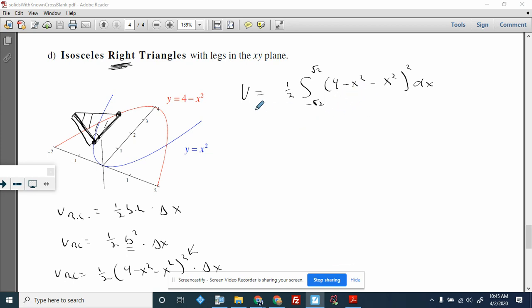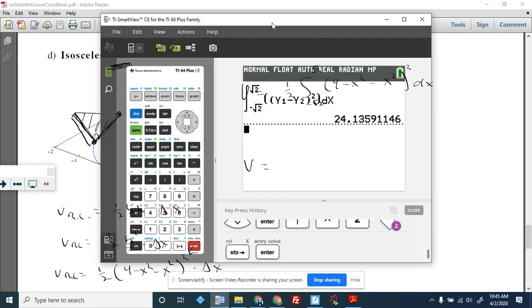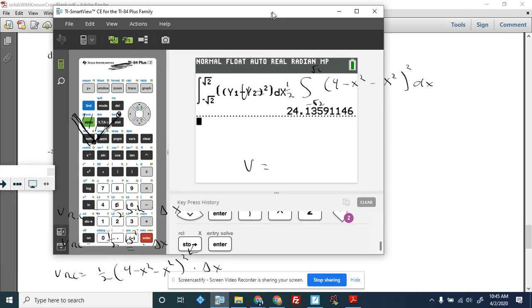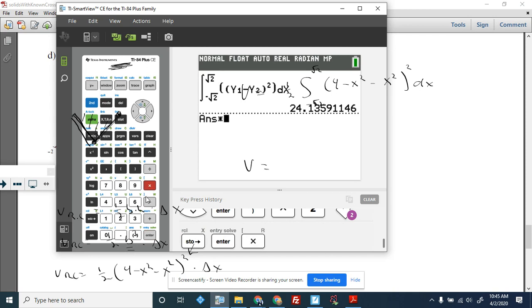Again, if you're doing this in a calculator, you literally just leave that. You don't try to be a hero, and you go straight to what your answer would be. And if you think about it, let's go back to our calc here, okay? We basically just did this, right? So we integrated from negative radical 2 to radical 2 of top y1 minus bottom quantity squared right here. So all I have to do is multiply that answer by a half. So if I do that without redoing all the work, because I want to somewhat be efficient, times 0.5, all right, there you go,